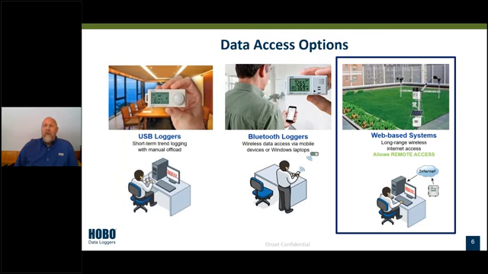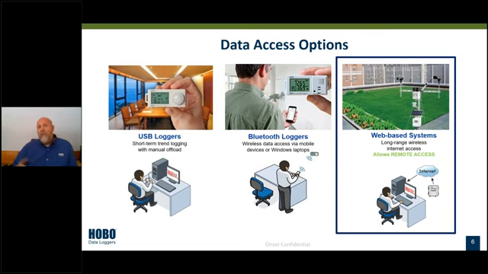So we have a lot of different ways to access the sensors, right? We have 3 different types of sensors. I'd like to start off on the left with the USB loggers. Those are loggers that you're going to have to eventually connect to a computer. There's going to have to be an actual physical wire to connect into the computer. You'll be able to pull off those manual measurements. We have fantastic USB or optic sensors out there, and they're very easy to deploy, smaller. You can discreetly install them where you need to, pull them out, retrieve them, and then pull off all that